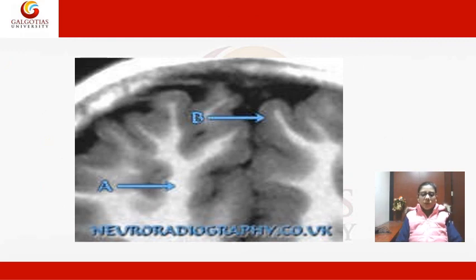In this diagram or picture, you can see B. B is showing the dark portion of your brain, meaning that it represents the gray matter of your brain. That gray matter is because of the presence of unmyelinated neurons. And if you come down, just follow my cursor here. A is representing the white matter. The neurons which are well covered by the Schwann cell will make white matter. So B is gray matter, representing unmyelinated neurons, and A is for myelinated neurons.